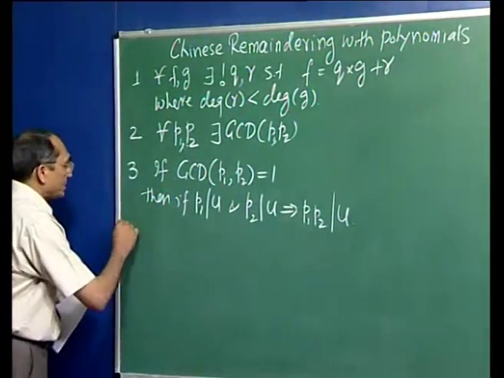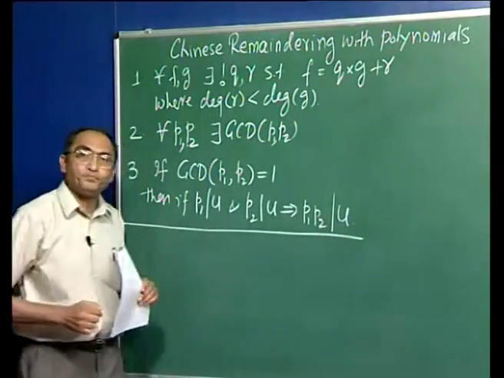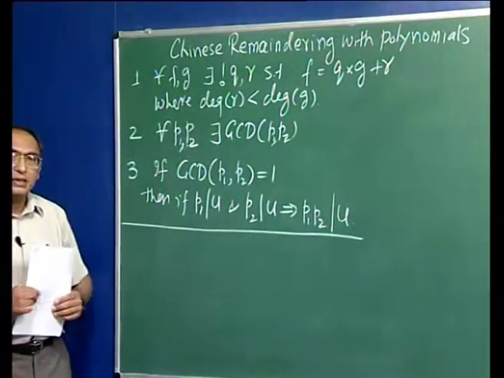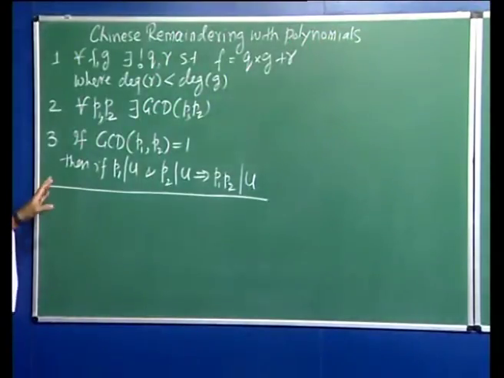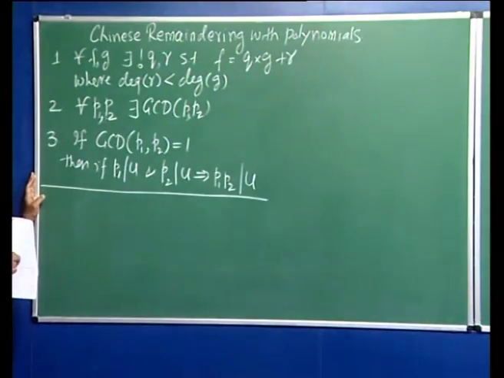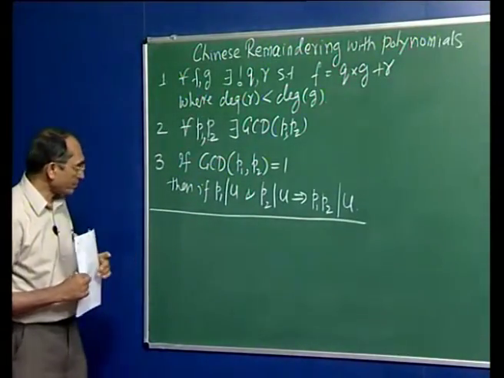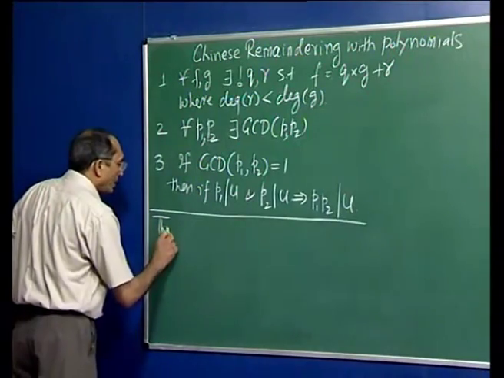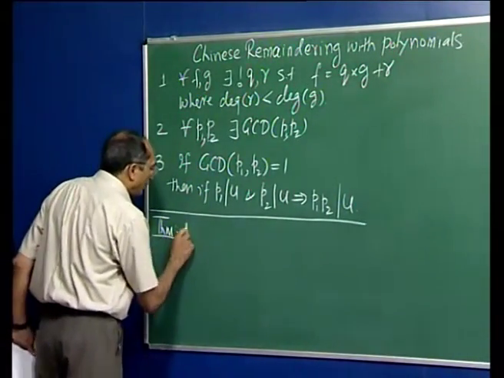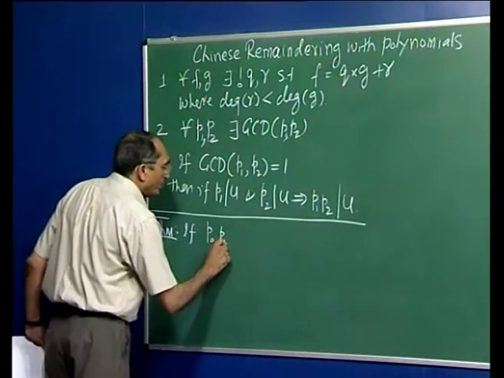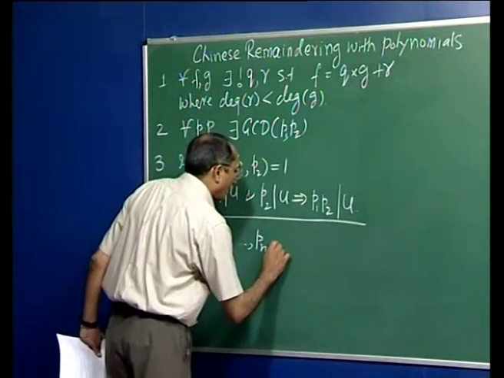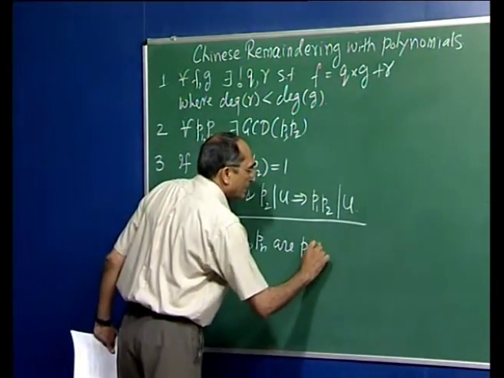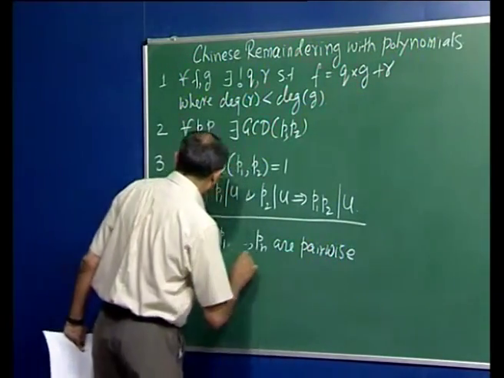Now we are in a position to state the Chinese remaindering theorem, and the statement as well as the proofs are almost identical. There is no difference. The only difference is that in case of integers, we were looking at the value; here we will be looking at the degree of the polynomials. And the theorem says that if we have n polynomials which are pairwise co-prime,